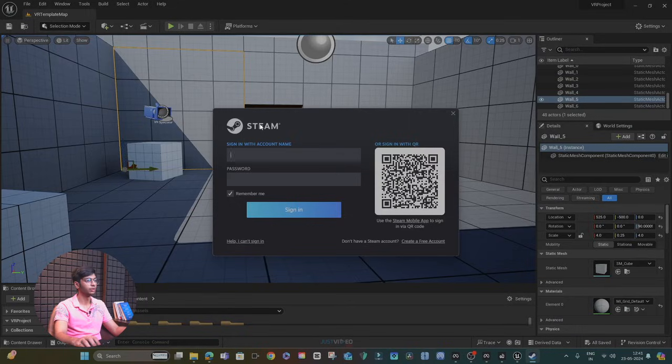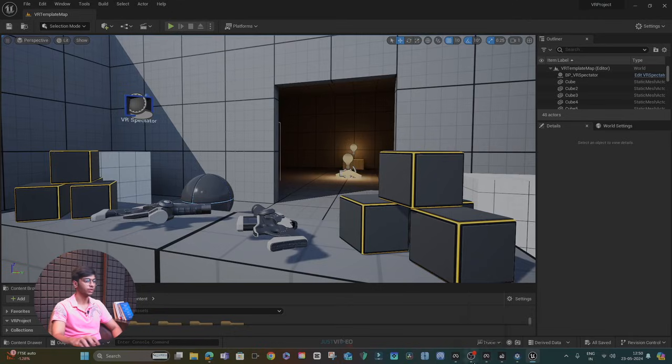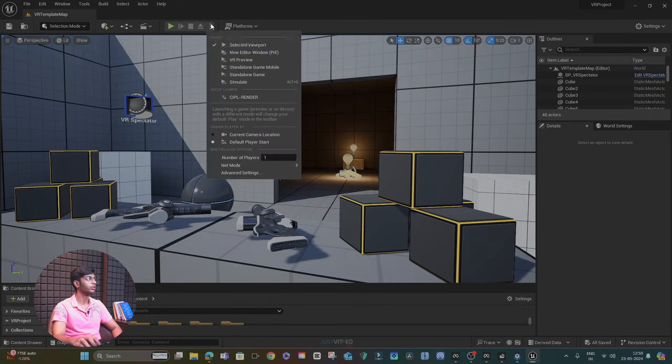So that's downloaded. I will get back to you once I am logged into my account. Okay, so I got Steam VR installed right now, so it's running in the background, and once it's installed you can see that the VR preview is no longer grayed out. So now if I wear my VR headset,